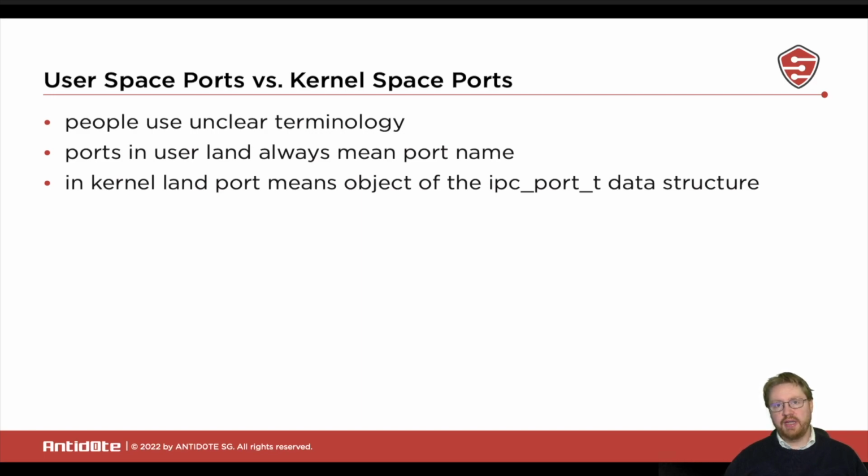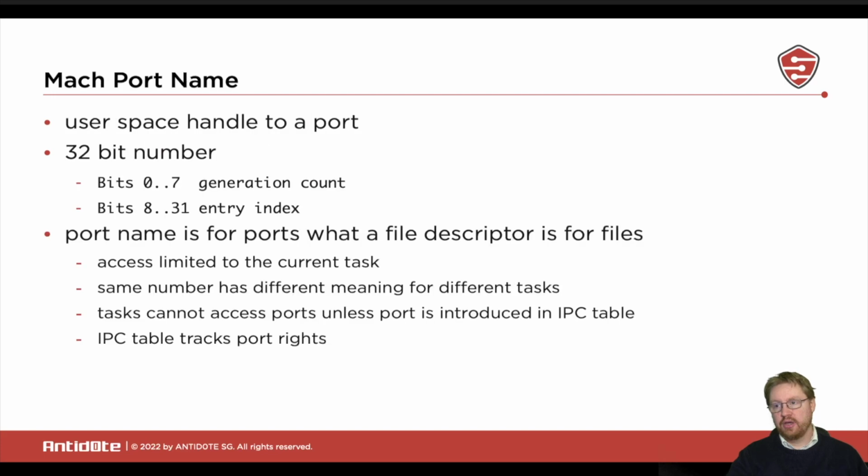For many people, when they talk about ports in user land, what they actually mean are port names. So what is a port name? A port name is basically a 32-bit number that represents a user space handle to the port. The 32-bit number is split into two fields. The lower 8 bits are the so-called generation count, and the upper bits are an index into the IPC table of